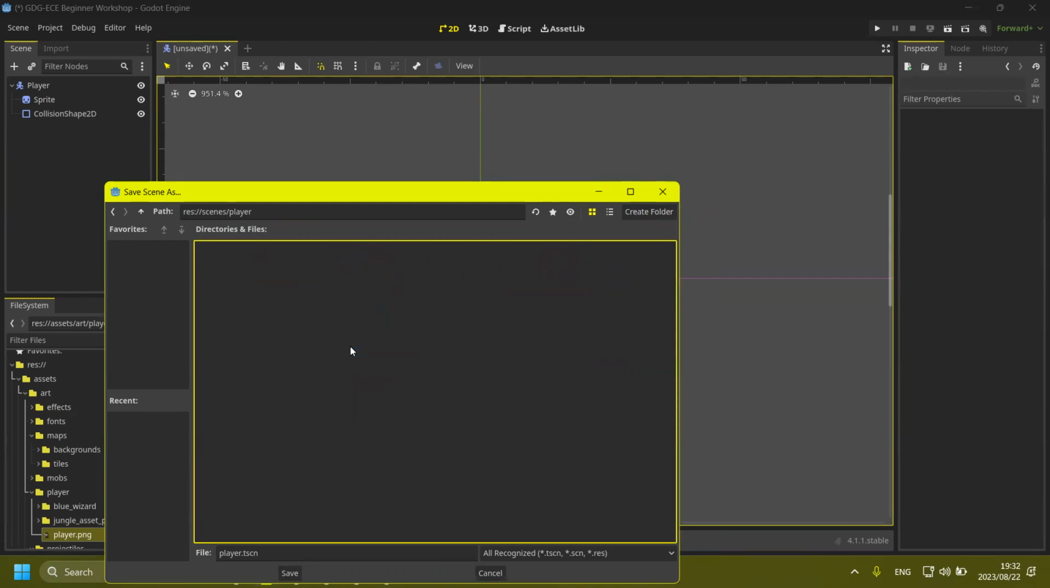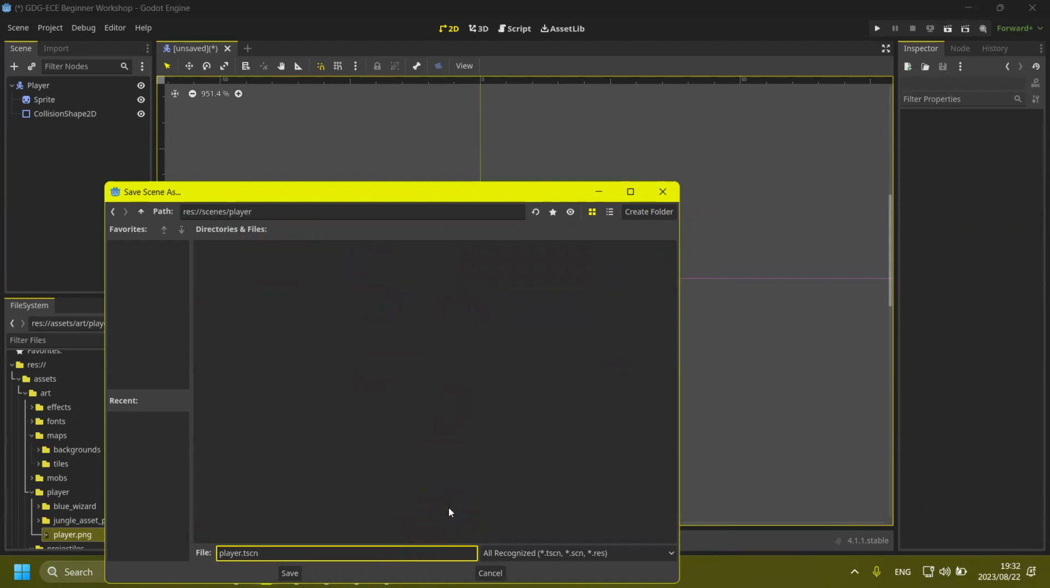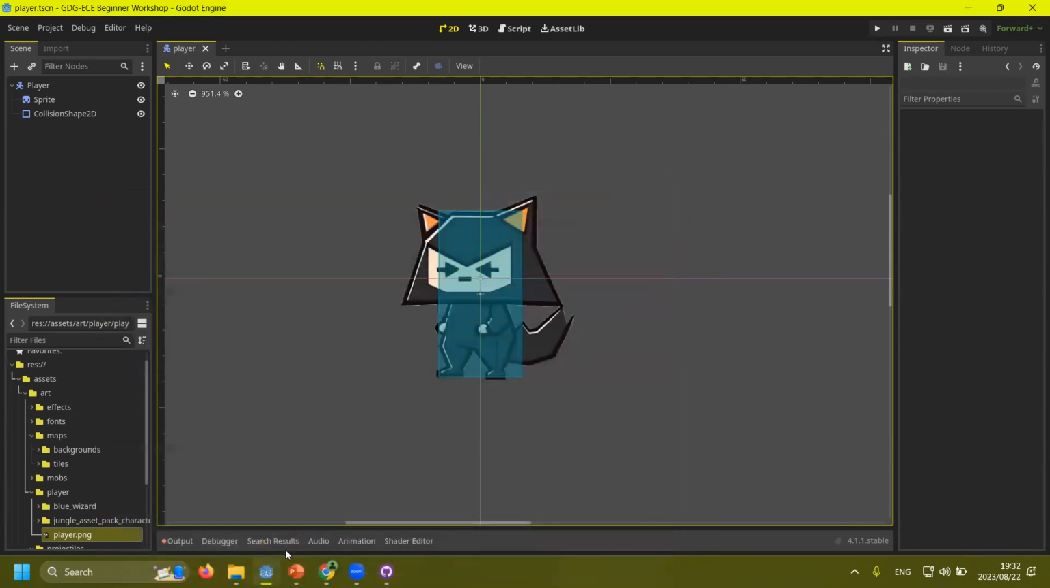And when we press Ctrl S and we have the file, then our player scene will be automatically placed. It is also lowercase because that's a convention of all files. Okay. So now that we have saved it, we have the